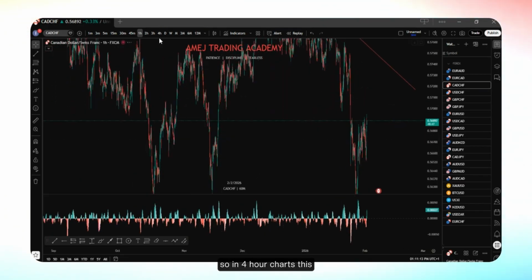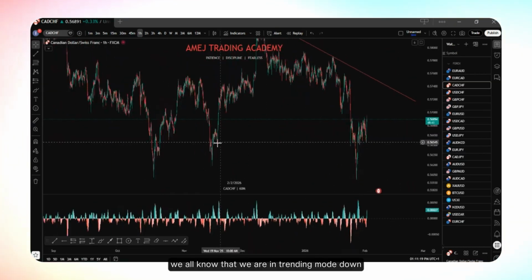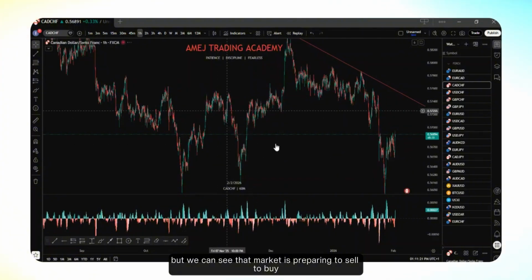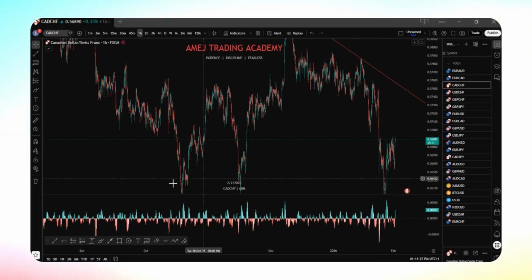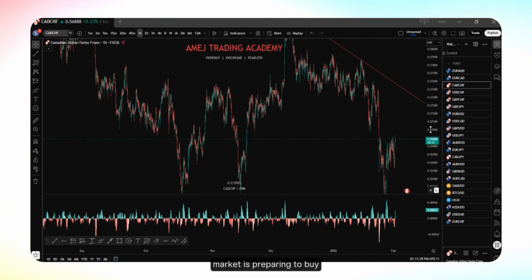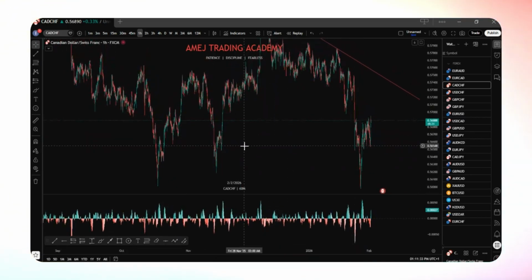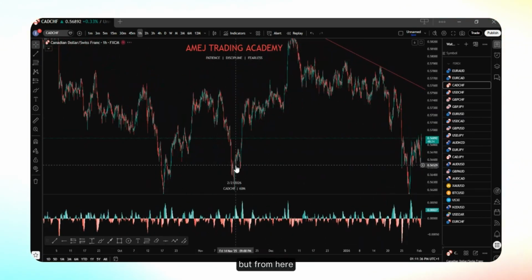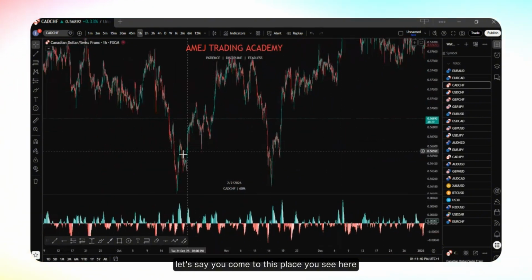So in the 4-hour chart, we all know that we are in trending mode down, but we can see the market is preparing to sell to buy. Market is preparing to buy. This is bullish preparation. But from here, let's say you come to this place, you see here